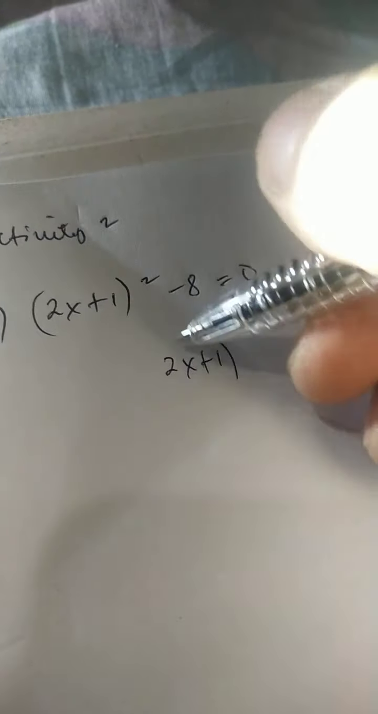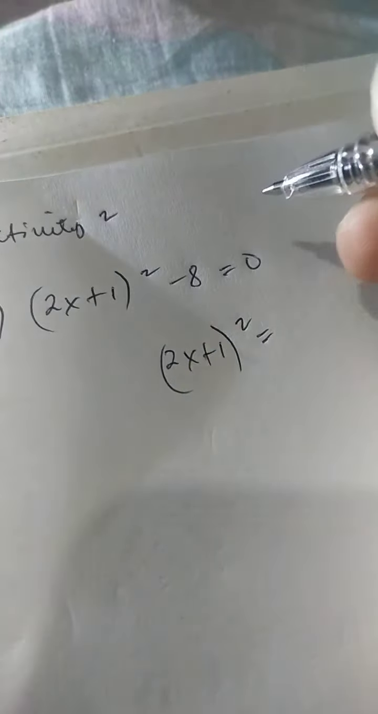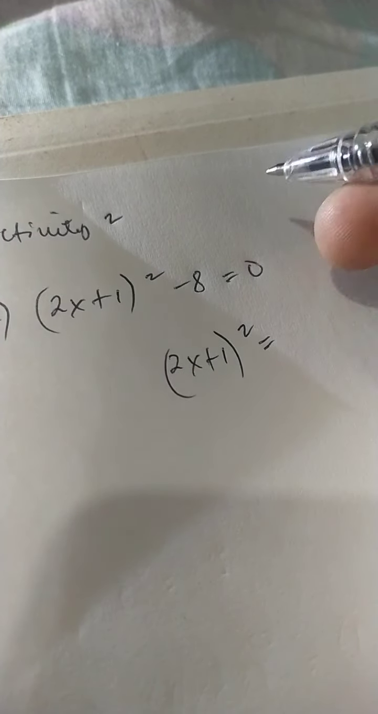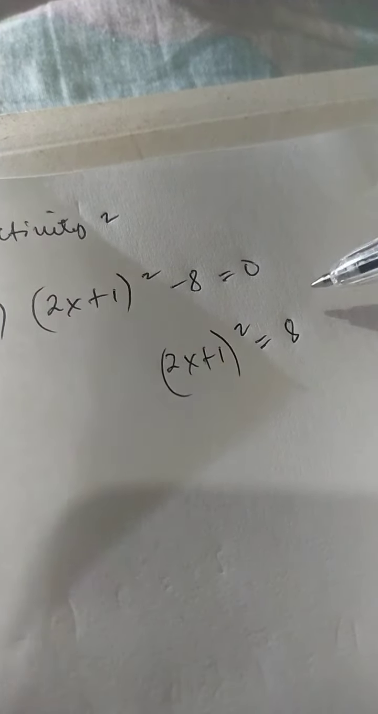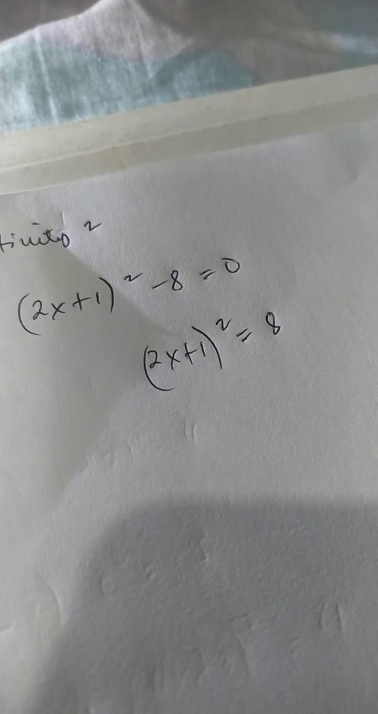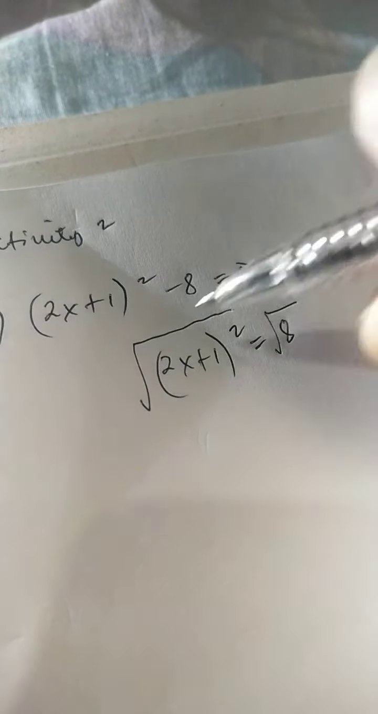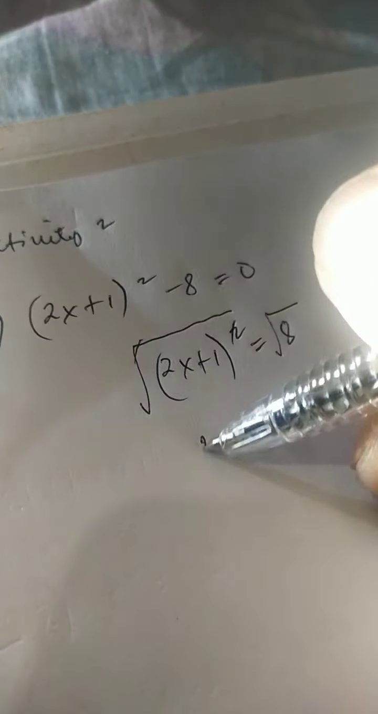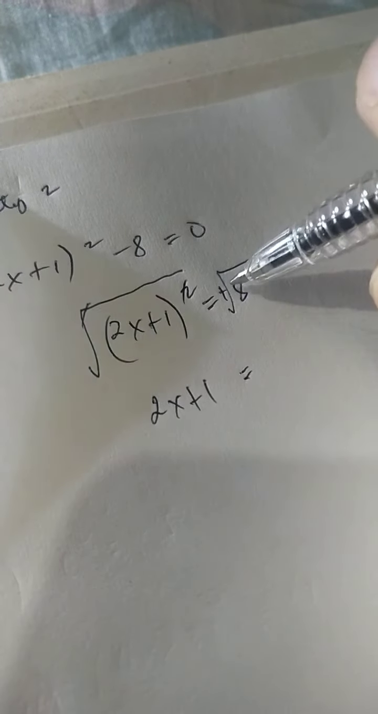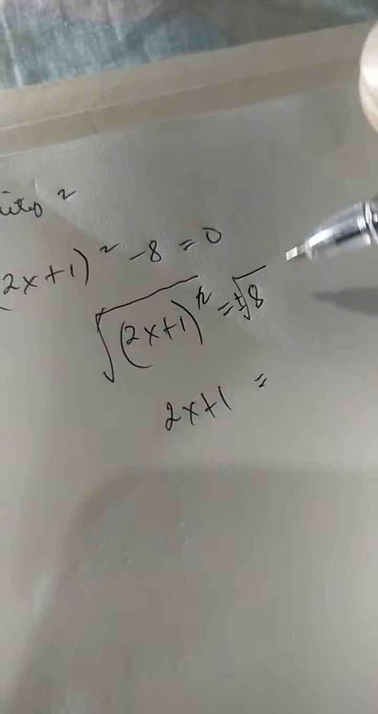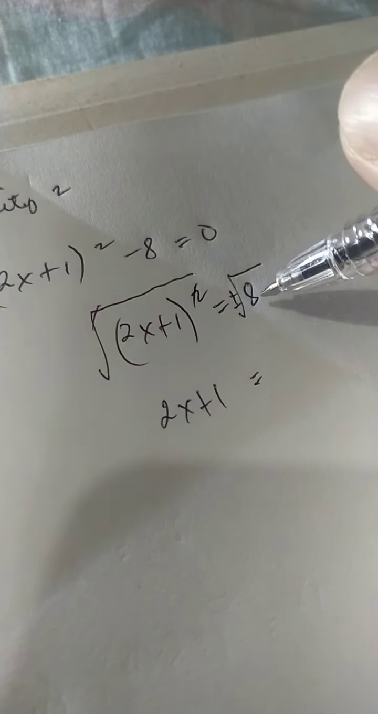2x plus 1 raised to the power of 2. Yung negative 8 from left side to the right side ay magiging positive 8 because of addition property of equality. And then we have to extract the square root of both sides of the equation. We have now 2x plus 1 equals, dito we have to indicate the positive or negative, yung positive or negative square root of 8,